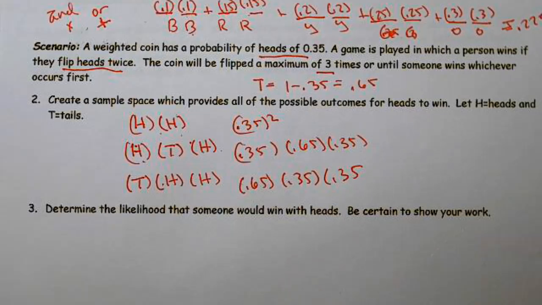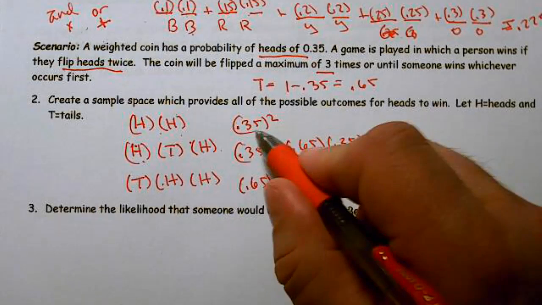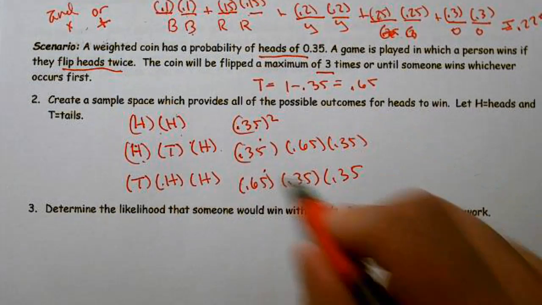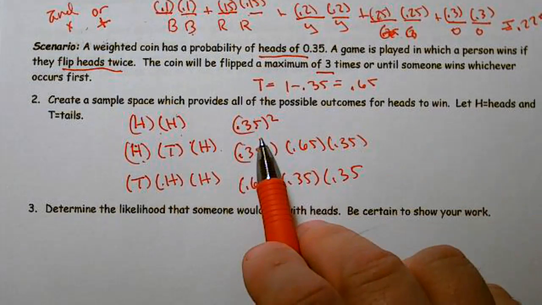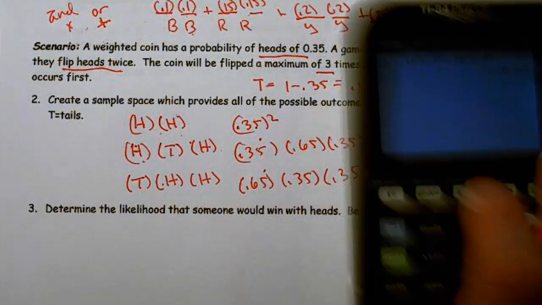Now, these are the ways I could win. So I can win this way, or I could win this way, or I can win this way. So I'm going to need to add these probabilities. All right. So it's going to be, in this case, essentially